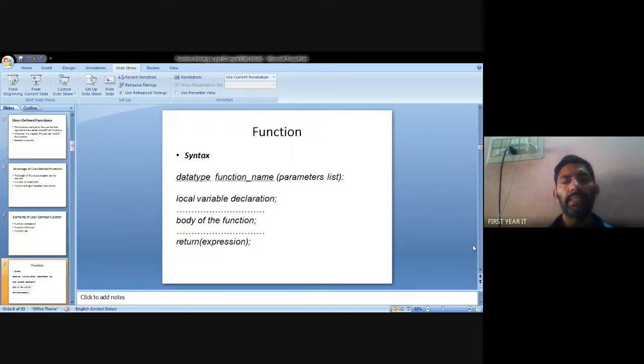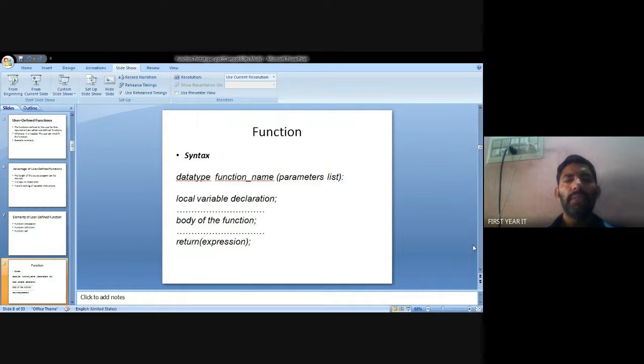In the syntax, you mention the data type and the function name with the parameters. Inside are the variable declarations and the statements in the body of the function. The data type is the return type. If you mention void, the function does not return a value. That is the syntax of functions.